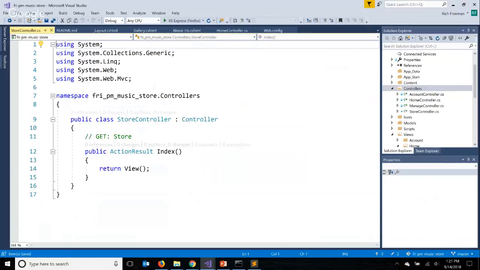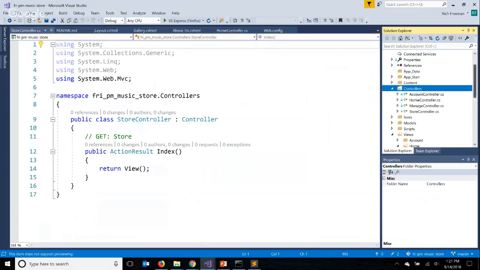So a couple of things will happen. We get a controller, and it actually writes an index method automatically. We don't need this. We want to get rid of it. You can get rid of it. But it will run at the URL localhost or whatever domain /store. The other thing that will happen